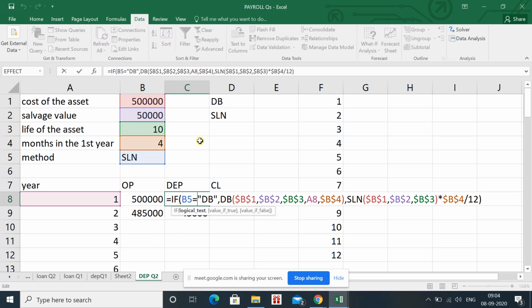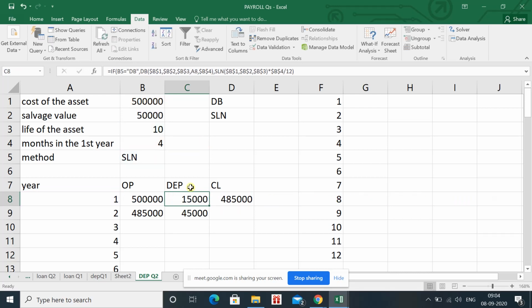Why? Because the months in the first year are not 12. So हम एक सिंगल फॉर्मूला भी अप्लाई कर सकते थे for first, second and third year, but what we have done, we have applied only two formulas instead of three.